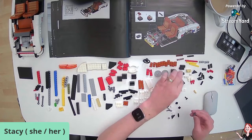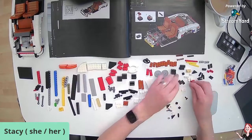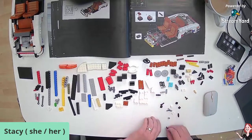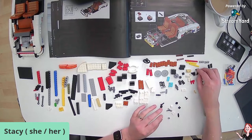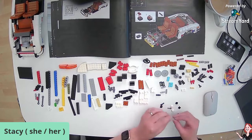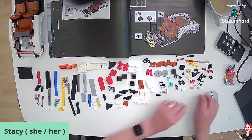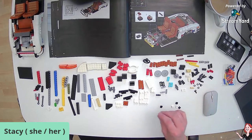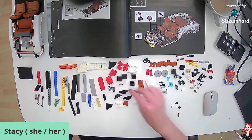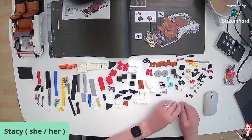A second cog, fingers which have stopped working for picking up little pieces. Some connected bit spacers, another ball joint. I had a load of ball joints. Where did they go? And our last few pieces of...